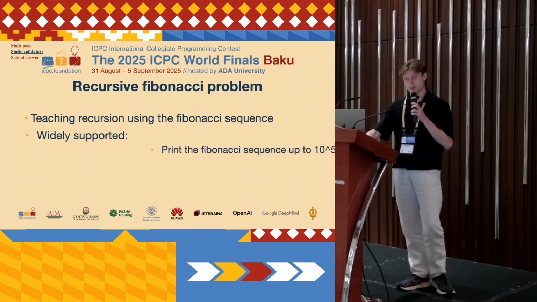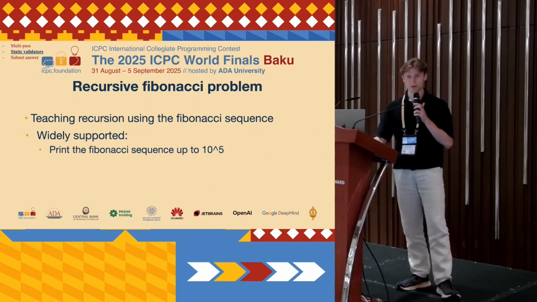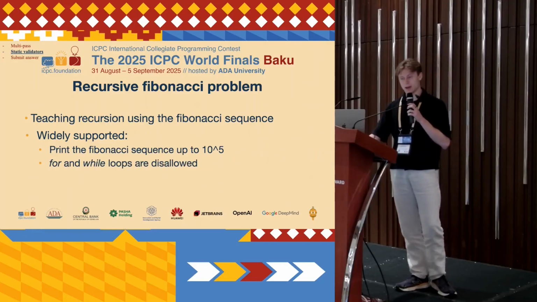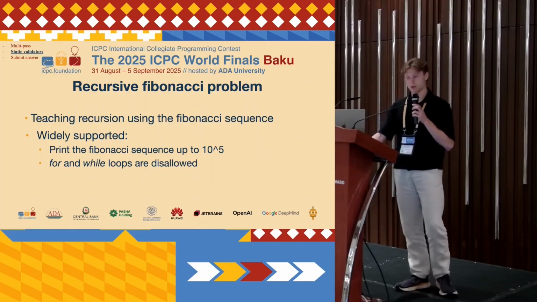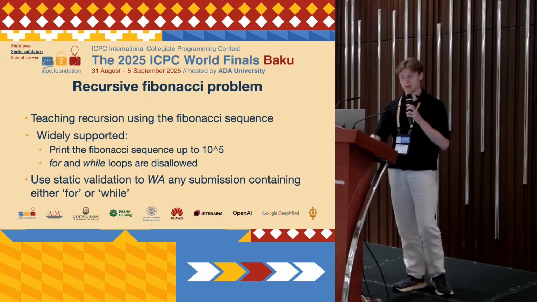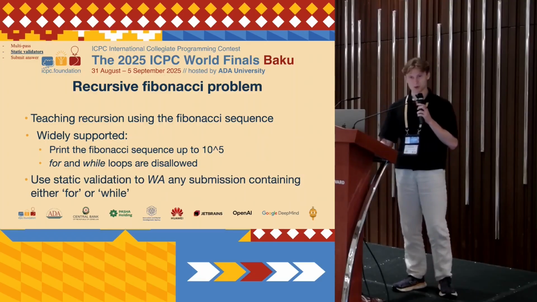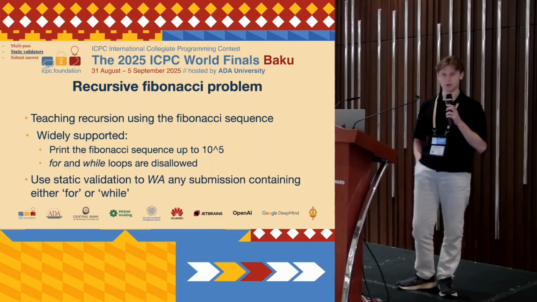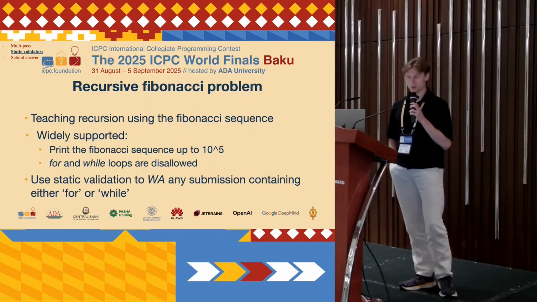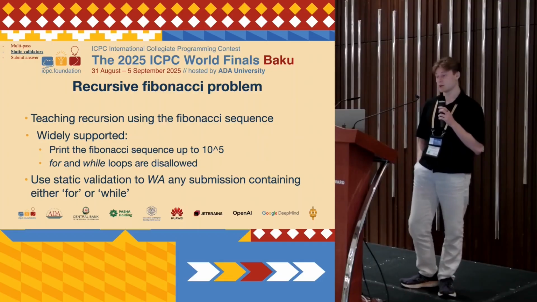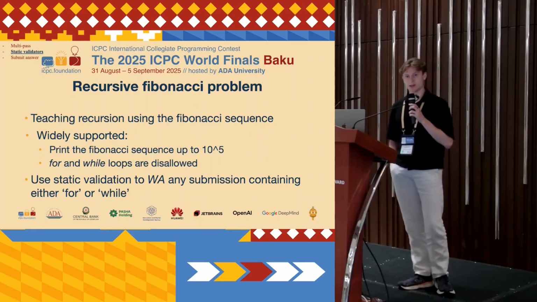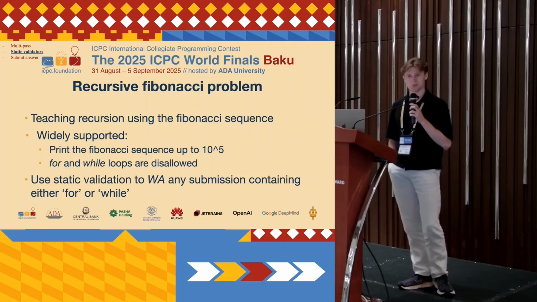So they give this problem. Print the whole Fibonacci sequence in order up to 10 to the power of 5. But you're not allowed to use for and while loops because you're supposed to use recursion. And before, this was a very tedious process. Maybe the teachers could read through the code and check, do they use a for loop here? But now you could use a static validator to just wrong answer any solution that uses the keywords for or